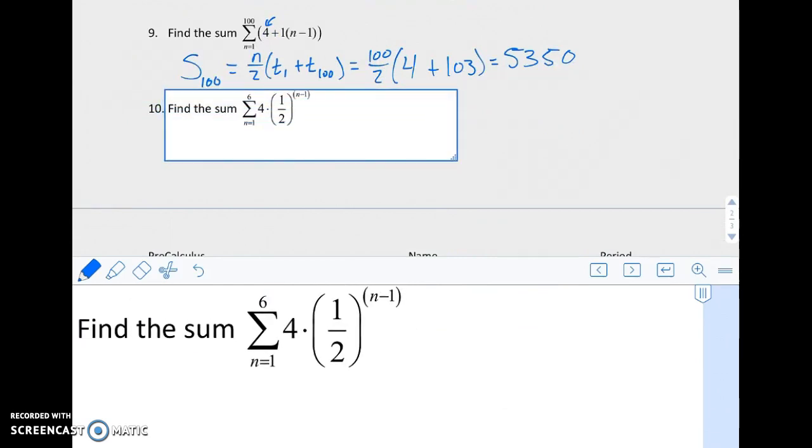Number 10 is a geometric sequence or series. We can tell this as the explicit rule for a geometric series is our rule. It also has the convenient multiply right here. It helps you remember. It has the power, which tells you it's repeated multiplication. Both of those things will help you remember that that is a geometric series. So the sum for a geometric series